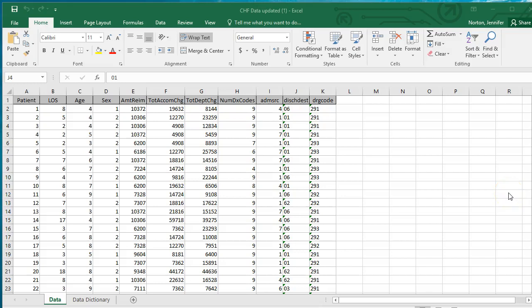Class, this recorded lecture is to assist you with Lab 5.1. For this week's assignment, we are going to go over sections 1 and 2. So the first thing you'll need to do is open up the Excel data file, the CHF data. It's the same data set that we used in last week's lab assignment. This time we're just doing a little bit of different manipulation to the data and looking at some